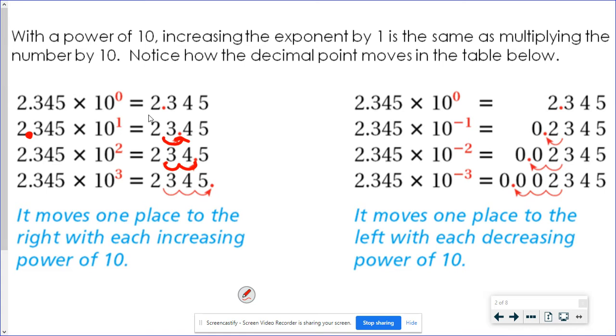But it's also just saying move 1, 2, 3 places and done. I don't actually have to multiply. All it's talking about is just moving the decimal. Now, multiplying by